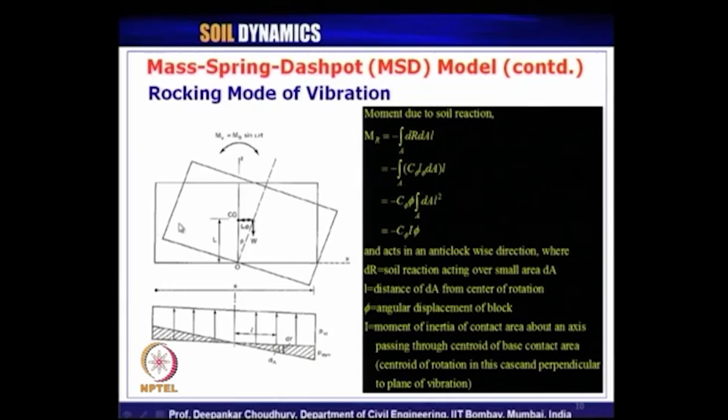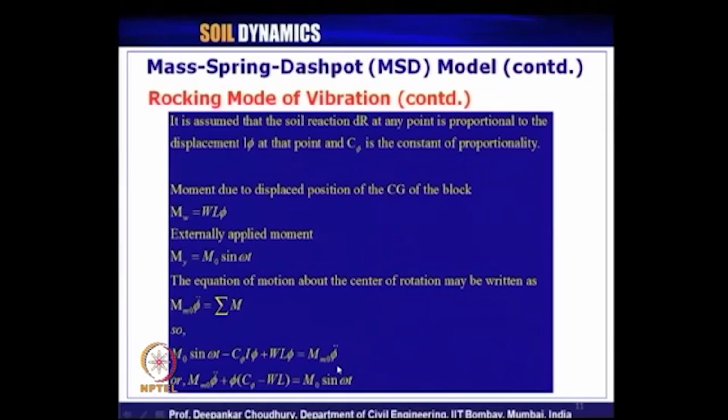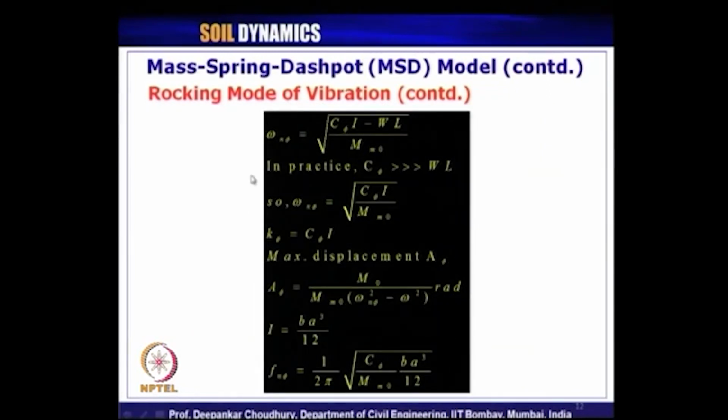generate the inertia component of the system, which is nothing but the mass moment of inertia about this point of rotation times, if the angular displacement is phi, the angular acceleration phi double dot. So, that way we equated the expressions, and finally we got the expression to compute the omega n phi, and the maximum displacement amplitude A phi is calculated using this expression. It will come in radian, and we know this radian can again be converted to linear displacement by multiplying by the